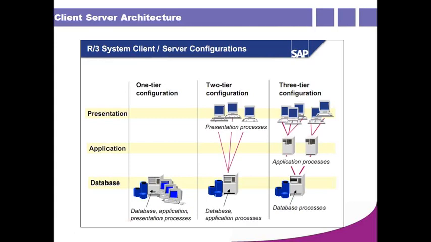So the first thing you need to understand is how it is configured. If you know this, then troubleshooting will be very easy. If it is this type of two-tier configuration, you need to check both layers: how much SAP is consuming and how much the database is consuming. But in this configuration, if the problem is here, you log in here, which is SAP, so the problem is with SAP only, SAP is consuming a lot of memory. We check what it is causing and how many users are logged in. Or if the database is consuming, we check the same from the database side. So troubleshooting is very easy, right?